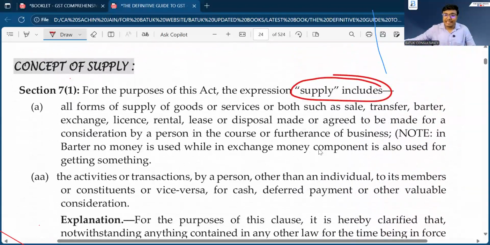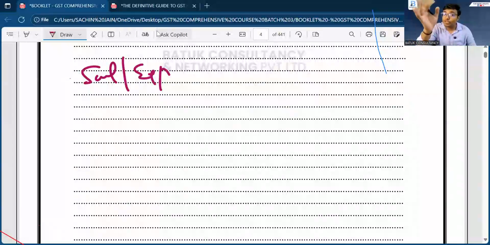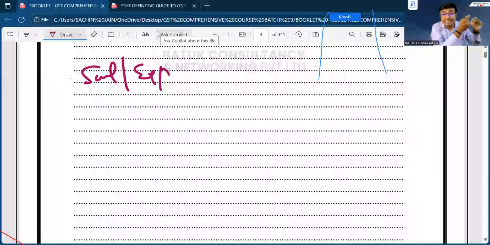Supply includes sale, transfer, barter, exchange, license, rental, lease, disposal, or agreed to be disposal. That means if you are going to dispose of any assets, in that case also GST is applicable. Now, sale, exchange, barter, transfer, lease, rental, disposal, agreed to be disposal. So when you are looking at the activity or transaction, first you have to identify that this particular activity or transaction is a sale, is an exchange, is a barter, is a transfer, is a license, is a rental, is a disposal. If you find out that yes, this particular activity or transaction qualifies these terms,